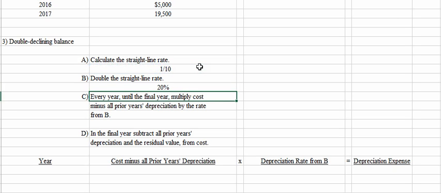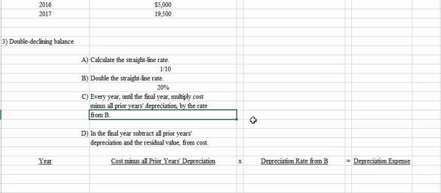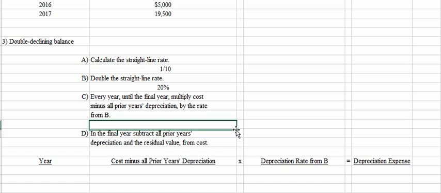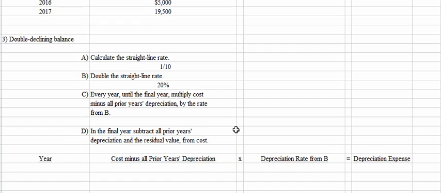Then every year until the final year, we're going to multiply cost minus all prior year's depreciation by the rate from B. And then in the final year, which we won't get to, we just subtract all prior year's depreciation and the residual value from cost. So in 2016,